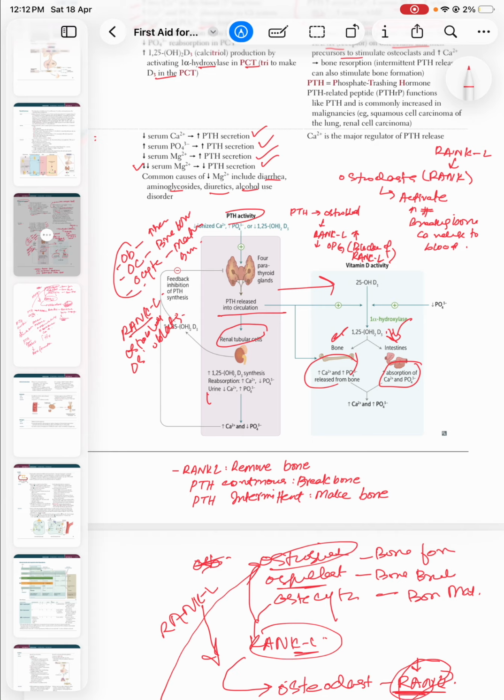Feedback inhibition. Okay, whenever there is 1,25 hydroxy D3 present, it does the feedback inhibition of the parathyroid hormone synthesis. Whenever this is in more amount in the body, then this gives the feedback and the parathyroid hormone secretion decreases. So this was all about the